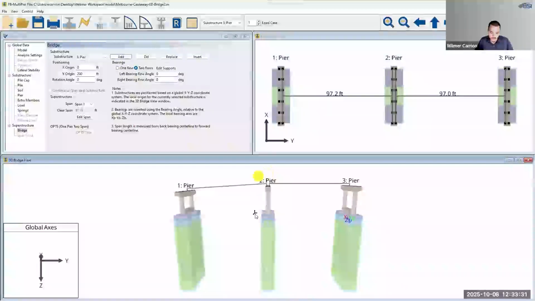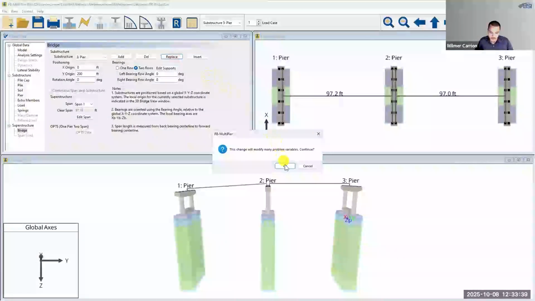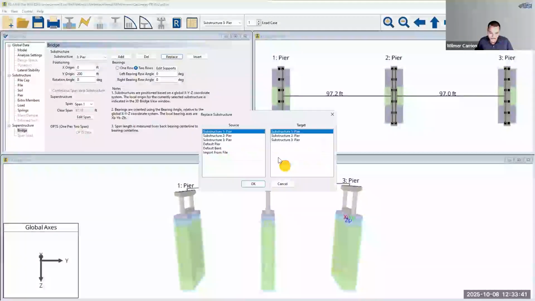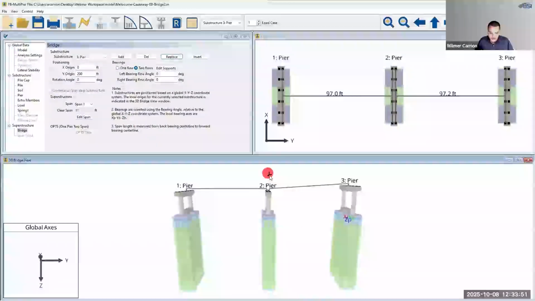And now we want to replace pier 2 with pier 1. So we'll use this replace button here. And press OK on the message box. And then our source for this one is pier 1, so that's good. Our target is pier 2. Okay. And now we've got pier 2 and pier 3 where we want them, but we need to change pier 1